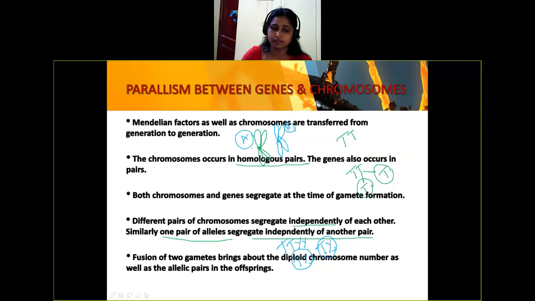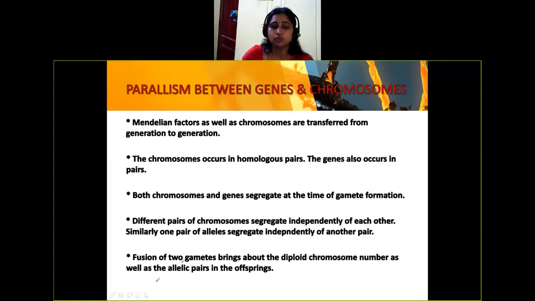Fusion of two gametes. Let me erase this so you can see the point very clearly. Fusion of two gametes brings about the diploid chromosome number as well as the allelic pair in the offspring. Two gametes means they are talking about X from father, X from mother. So the offspring is called female, XX. So it is a diploid. X will have only a haploid set of chromosomes. If you are getting the chromosome from a male,